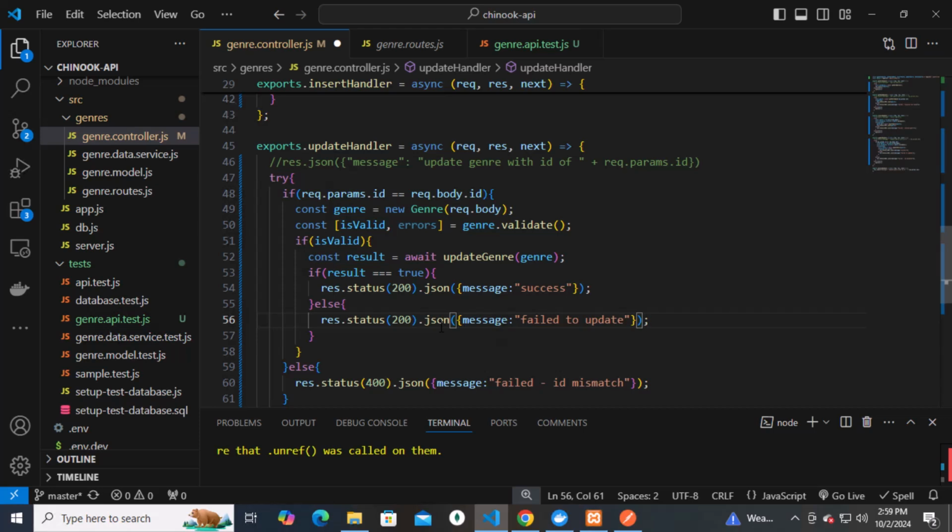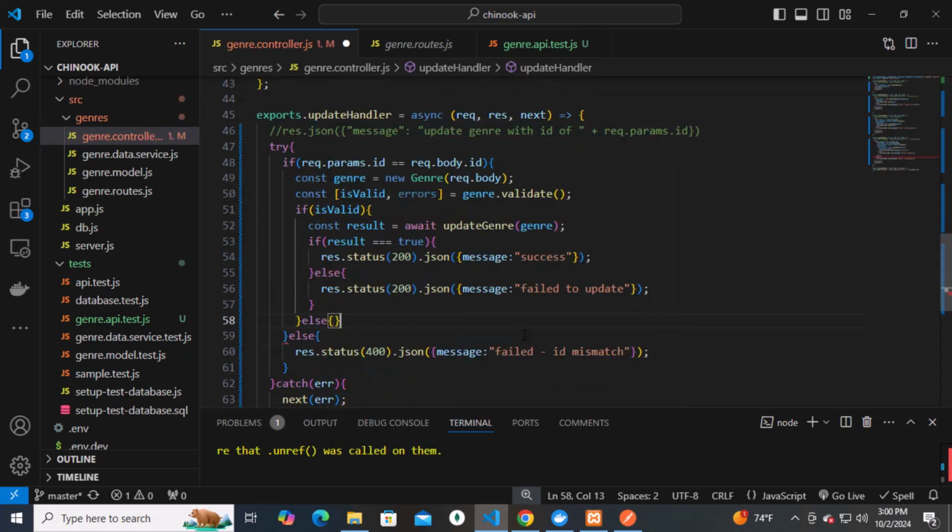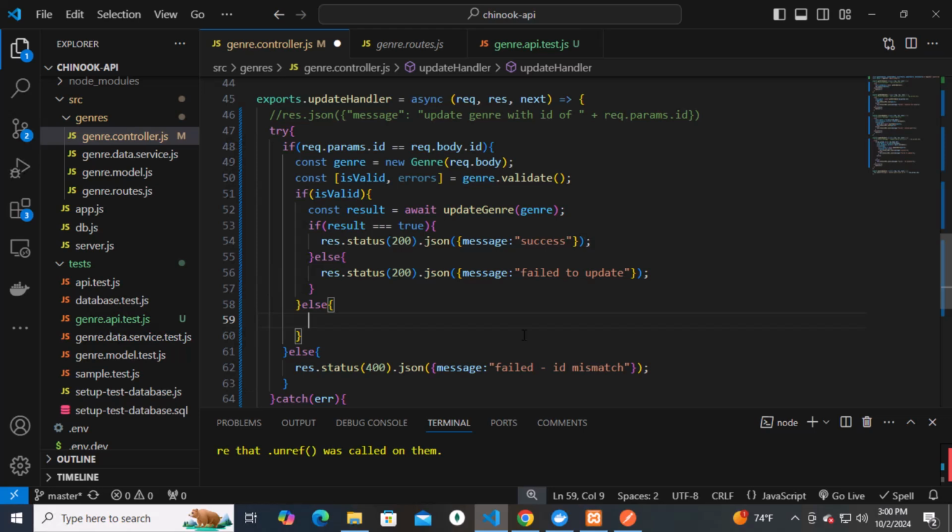So now that takes us back to this if statement where we're checking to see if it's valid. We need to put an else onto that, because what if the model object is not valid? So I'm going to go down to here. Luckily, I indent my code properly so I can find the closing curly brace, and I'm going to add an else statement here. I'd be curious to hear what you guys have to say. Are there better ways to write this code than what I'm doing here? It's getting a little bit messy,